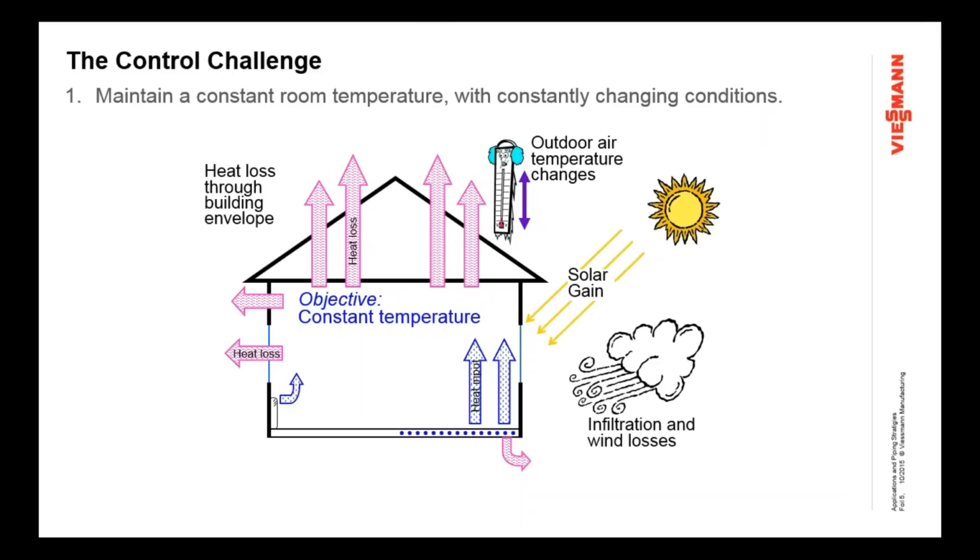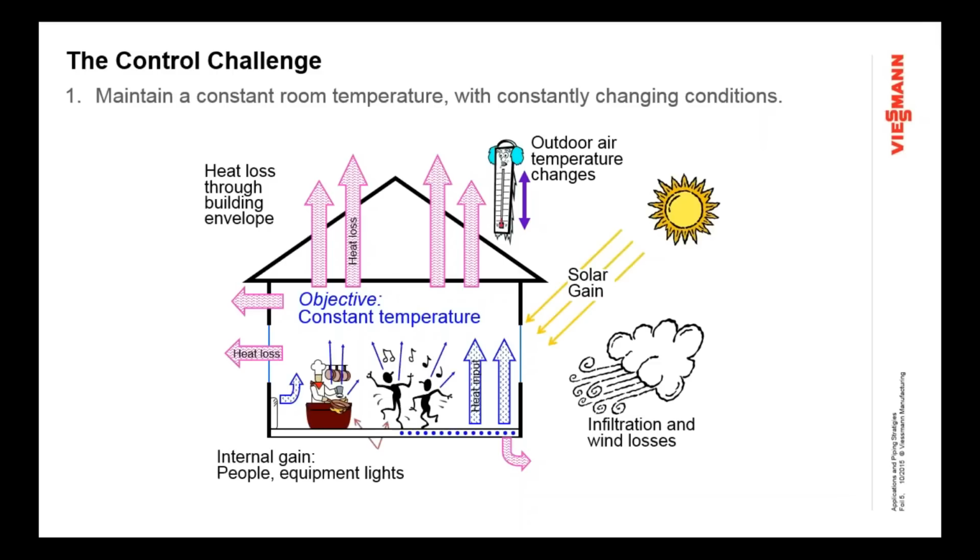We've got wind and infiltration losses. And then we add in internal gains, people and equipment. So all of these things make it very challenging to meet our objectives. And again, if our control system is not responsive enough, if we're